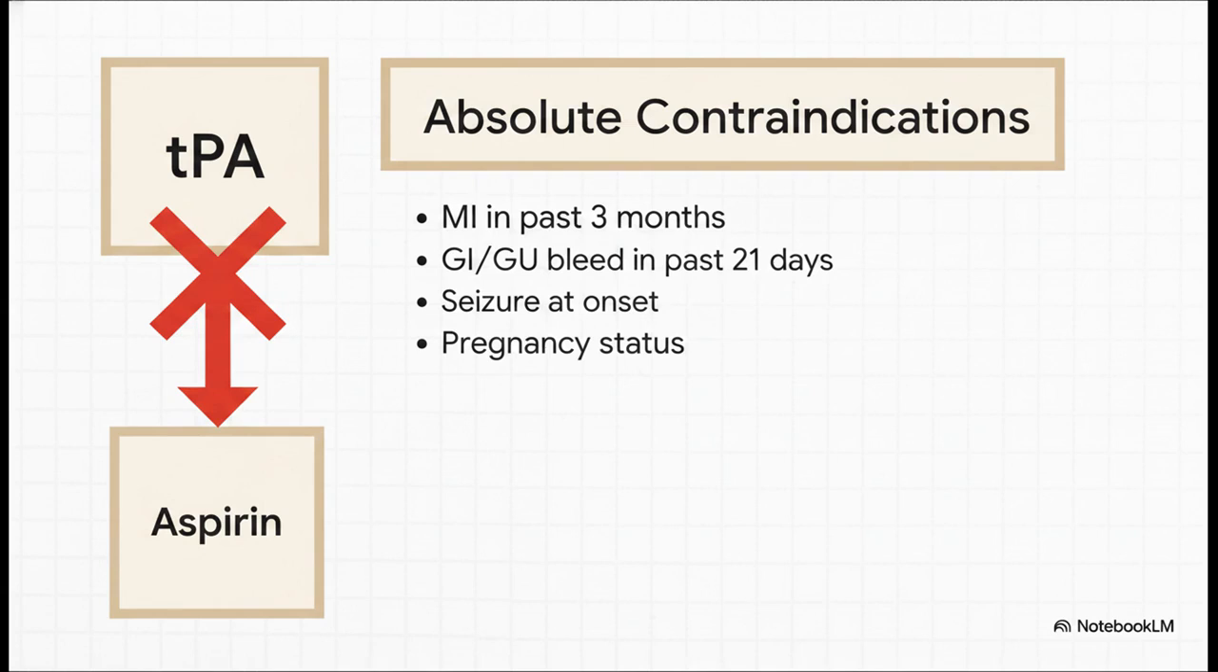Contraindications are another huge pattern interrupt. A patient arrives within 3 hours of classic ischemic stroke symptoms. The stem is screaming TPA. But wait, the pattern interrupt is buried right there in the history. Maybe an MI in the past 3 months, a GI or GU bleed in the last 21 days, a seizure right at symptom onset, or pregnancy. Any single one of these absolute contraindications makes TPA the wrong distractor and forces you to a different path, like